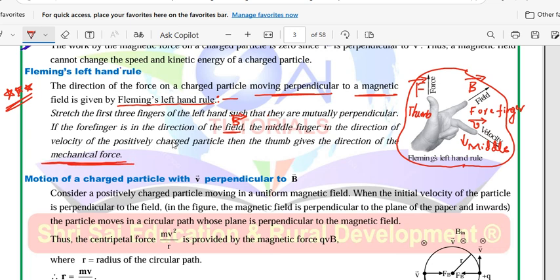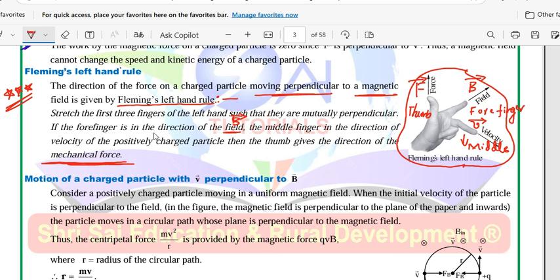So this is about Fleming's left hand rule. By stretching the three fingers, you can easily understand Fleming's left hand rule. Fleming's rule tells us the direction of the force on a charged particle moving perpendicular to each other. Okay, so now stretch the first three fingers of the left hand such that they are mutually perpendicular to